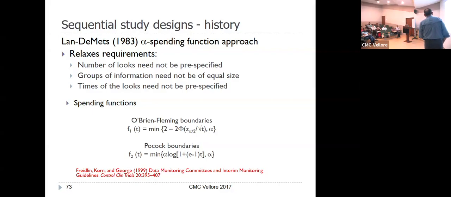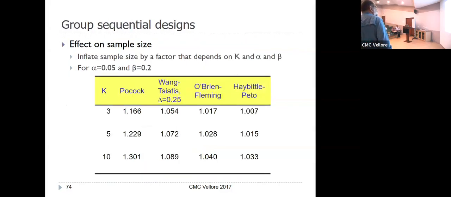Dr. DeMets is a retired professor of the University of Wisconsin. If you go to his website, he's got a little app. You can calculate things there for free. So it's not a problem. But you need to know what you're doing. So that's what everybody does: O'Brien-Fleming boundaries with Lan-DeMets spending function. And you'll see that in the articles that you read.